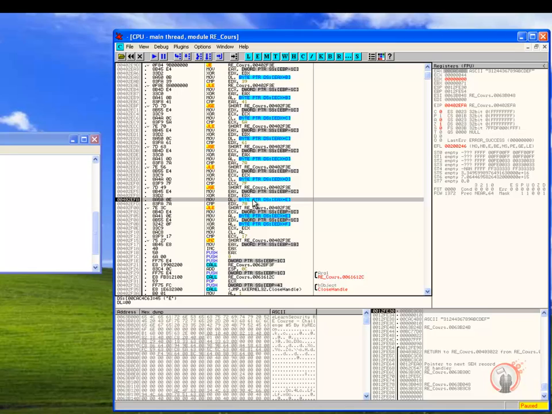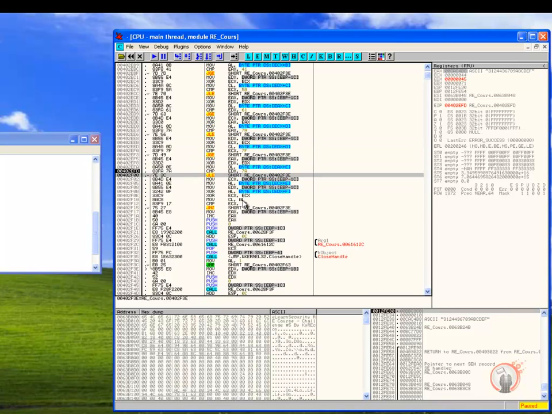So it's going to read the 15th character to DL, and then it's going to compare if this value is less or equal with 7A, which it is, but if it is, then game over again. So we need a value greater than 7A,